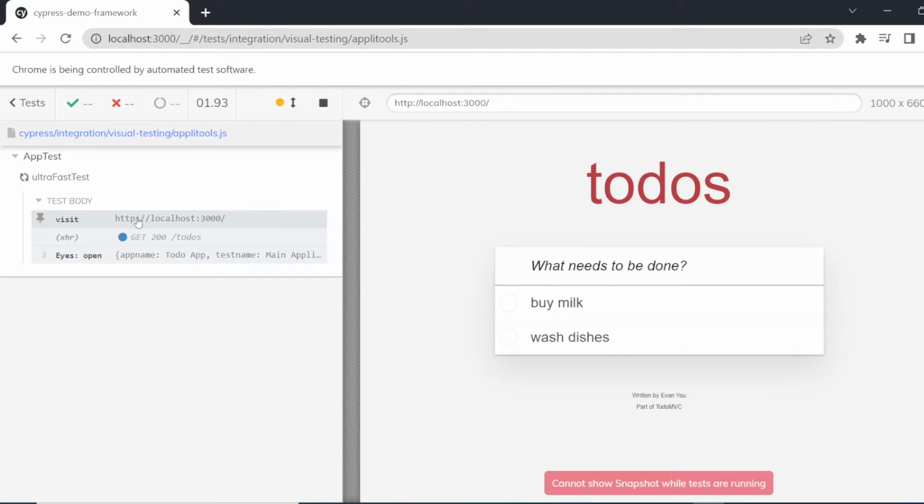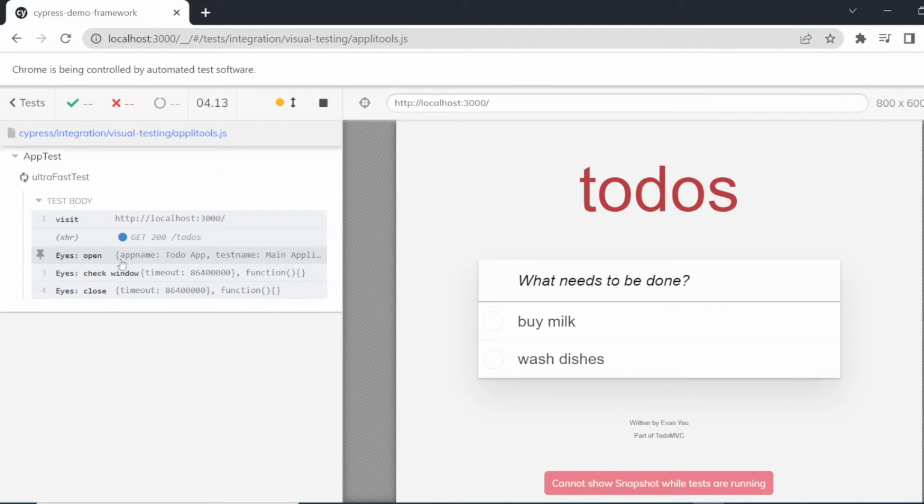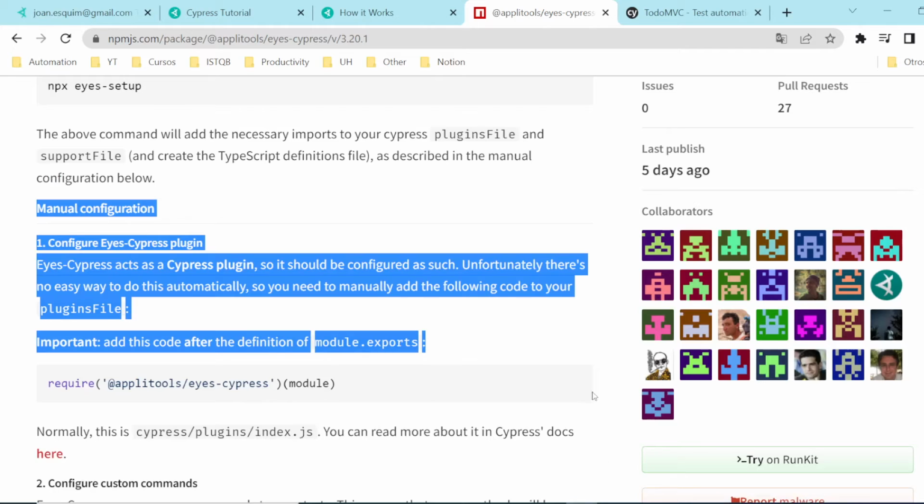It is gonna visit the website, start the session. You can see here the eyes open. Then it has applied or actually implemented the check windows function, and then we have the eyes closed execution. Okay, but you can see that it is in progress. We don't have the execution yet finished, because